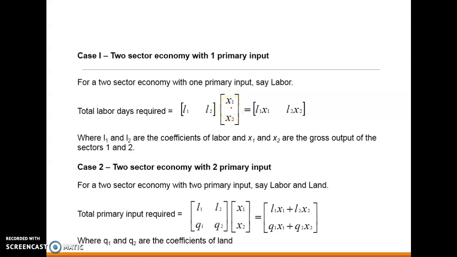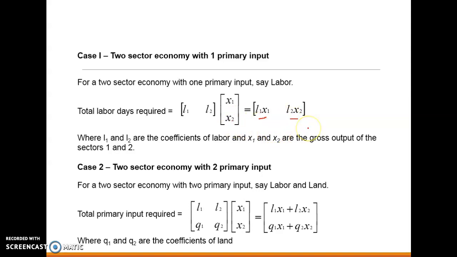Remember, in the part 5B video example, we determined the output in order to match the increased final demand, which was changed from C1 to D1, C2 to D2 and C3 to D3. So if the question specifically asks that you also have to calculate the total labor required to match the increased demand, you can simply multiply the coefficients of labor with the gross output. So it should be L1 X1 for industry 1 and L2 X2 for industry 2.